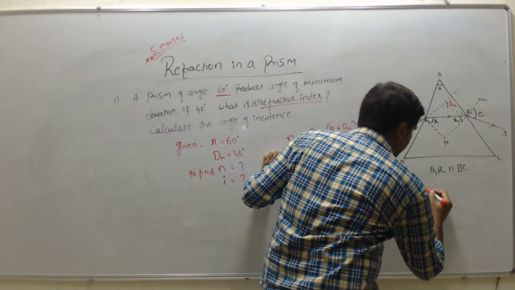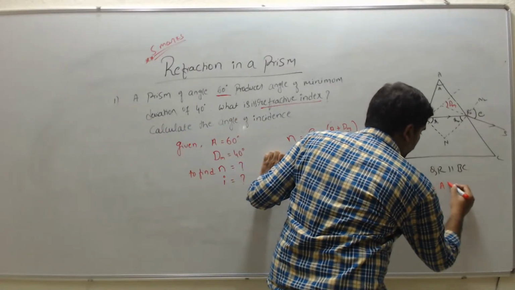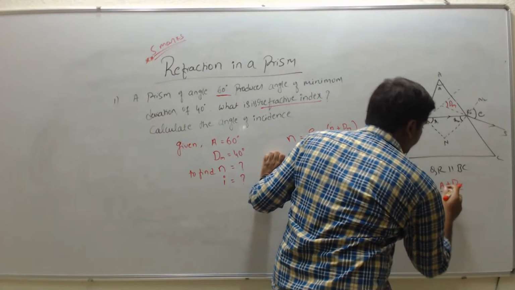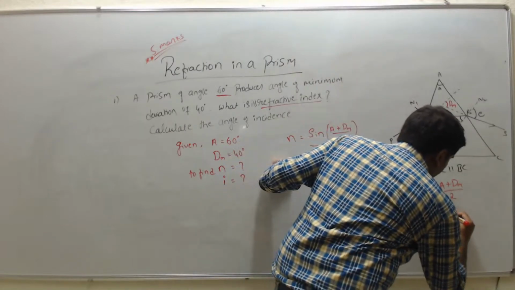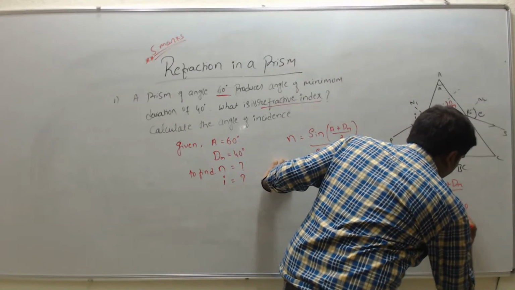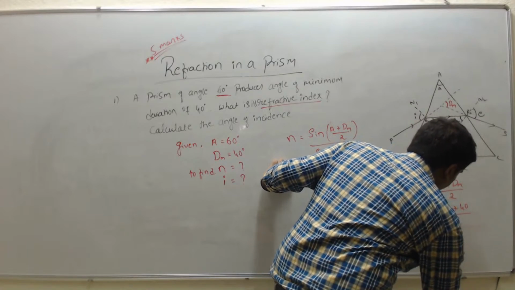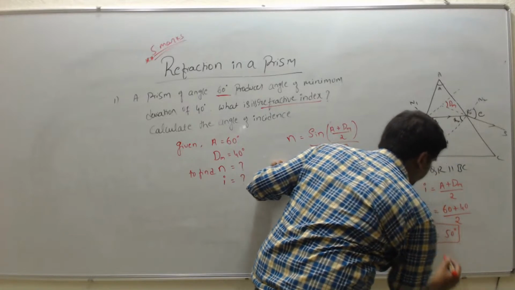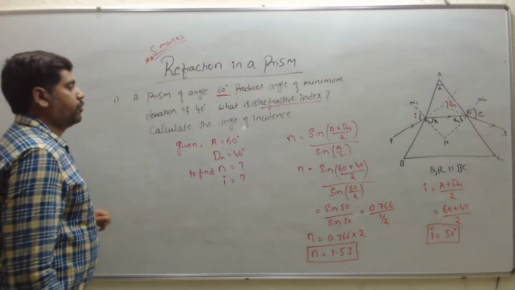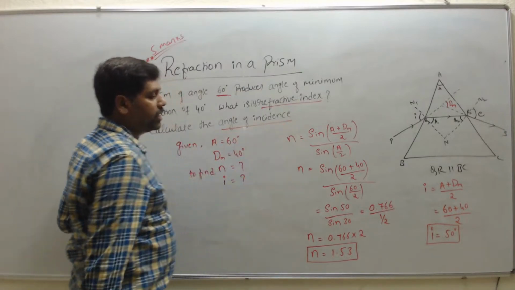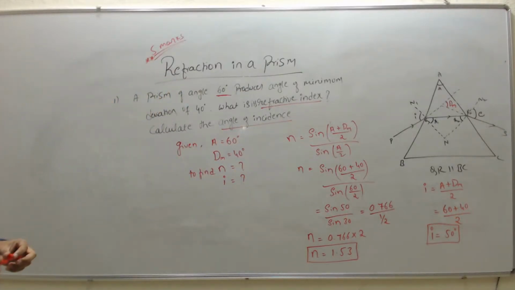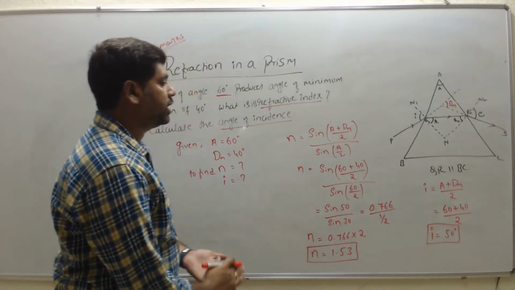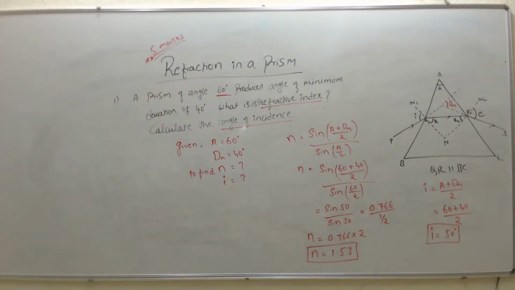Then I is equal to (A plus Dm) divided by 2, that is angle A is 60 plus minimum deviation angle 40, divided by 2. So the angle of incidence is 50 degree. By using the prism formula, we can easily solve the problems. So next,